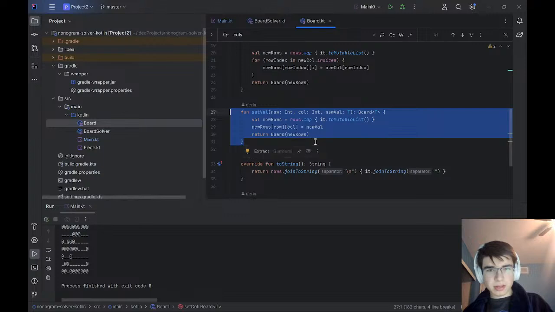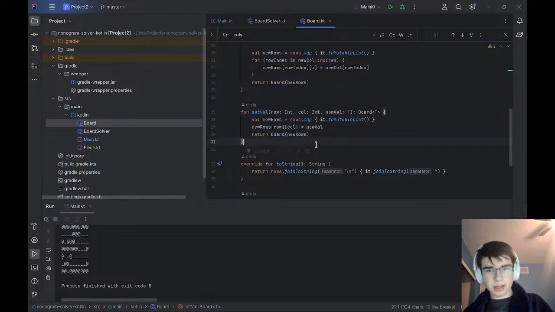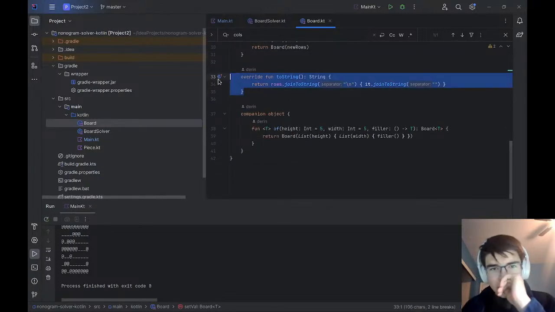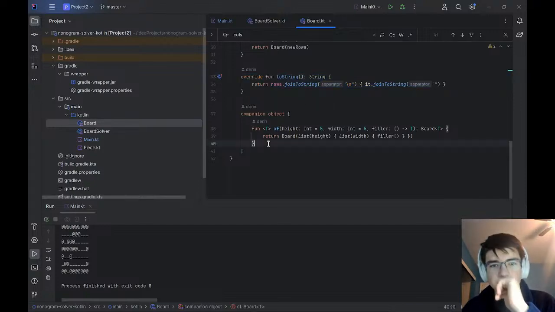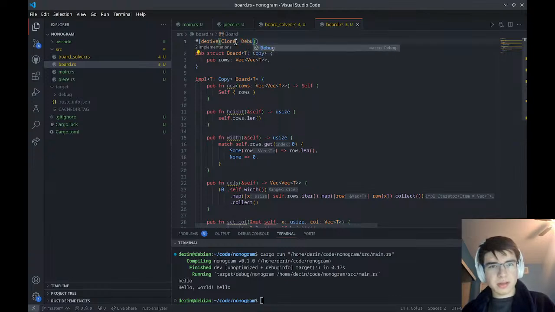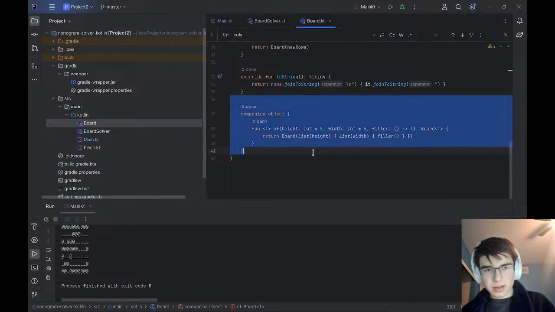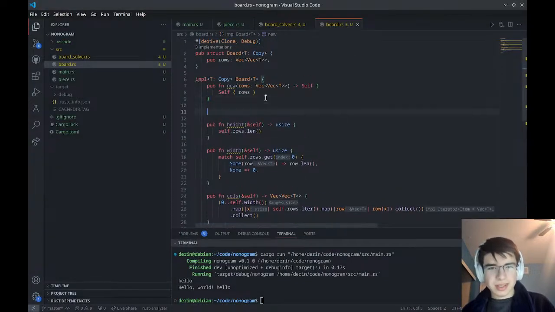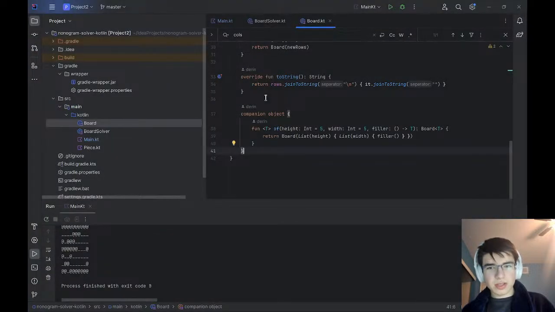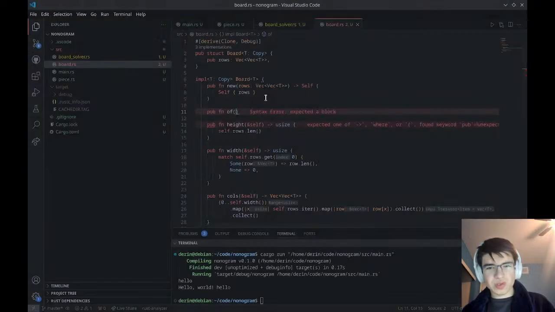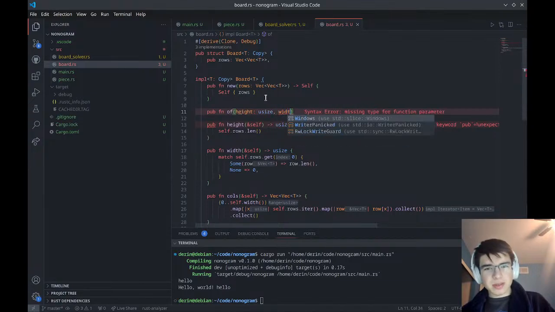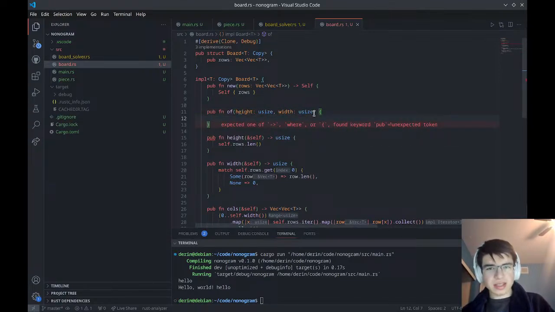Set val. Well, that's already pretty easy enough to do. I'm not gonna do that. Right, toString. Right. So I don't need that because it'll just be debuggable. Right. So I'll make a derive clone debug. Right. Now we want a function of. Ooh. Alright. Pub fn of, which takes the height as usize, width as usize, and then it's going to take f, which is